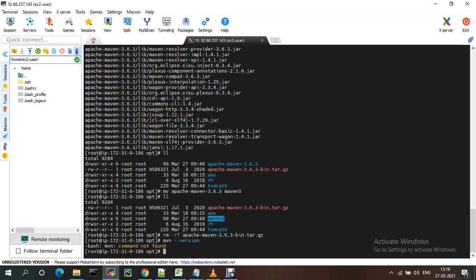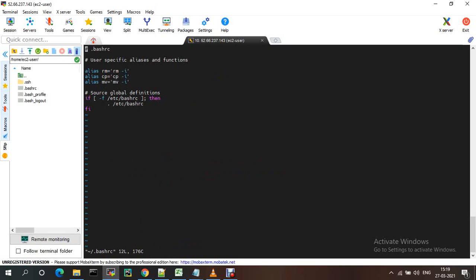Now for that you need to go to root .bashrc. You need to update the Maven path. So I'm just giving export PATH equals $PATH colon /opt/maven3/bin.